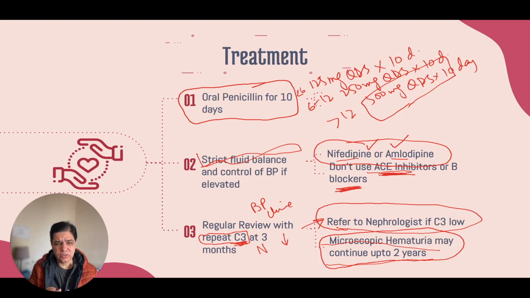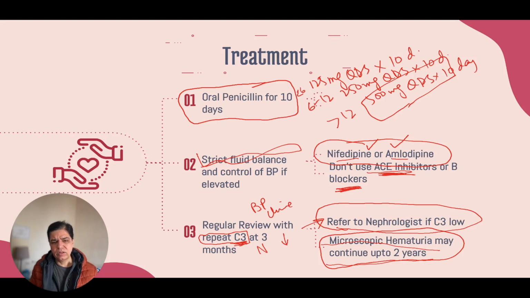If the renal function is compromised, then you have to admit them, and obviously maintain strict input output. And you need to do an ultrasound, and then repeat the ultrasound at some time to see that there's no renal scarring and no shrinking of the kidney, that the child is not going into chronic glomerulonephritis. So these are the few other things that you'll be doing, but by and large, as far as specific treatment is concerned, that is oral penicillin for 10 days. I've given you the doses, control blood pressure, and repeat